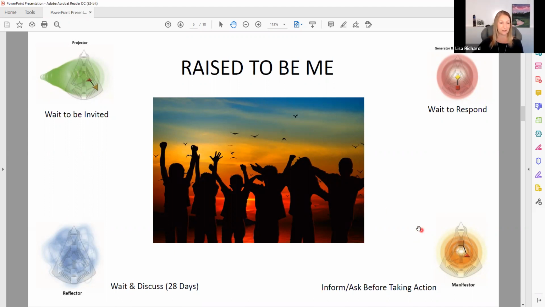Next, we move over to the last type, and those are reflectors. Now, those reflectors are just under 2% of the population. Their energy type is almost like that Teflon coating in cookware. So that really smooth coating, it's allowing the other energy types to come in, but only a little bit of it is coming in. And the reason why that happens is they have nothing colored in their charts.